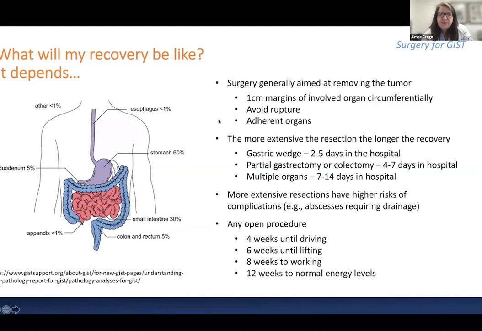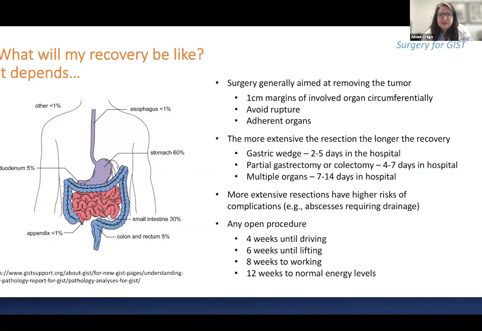So this last factor, what organs need to be removed in order to get the tumor out, really helps us determine what recovery is going to be like. So if you have a small tumor in the stomach, I can take this out with a lot of normal margin all around it and just make a small repair in the stomach. And in that context, what we call a gastric wedge resection, patients are usually just in the hospital between 2